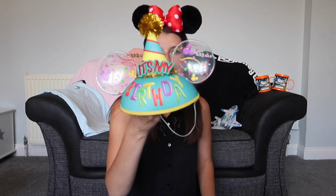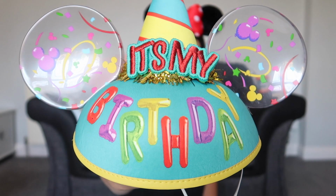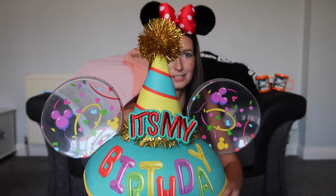They don't actually call them Doug, they call him Dog, and they both sleep in their beds, bless them. I think these were about $17 before tax. Another thing my little sister bought for Brody was this cute, it's my birthday, it's so cute,